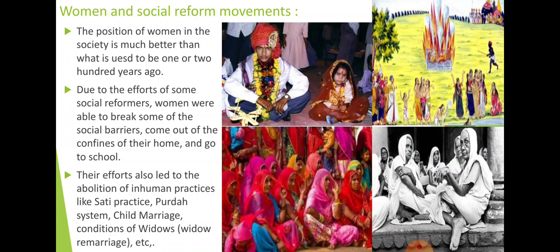One of the most important indicators of the change in the position of women in society is the education of women. Education helps women get more knowledge and get to know about their rights and several other things. There is a case study given in your book, that is, the curse of dowry.